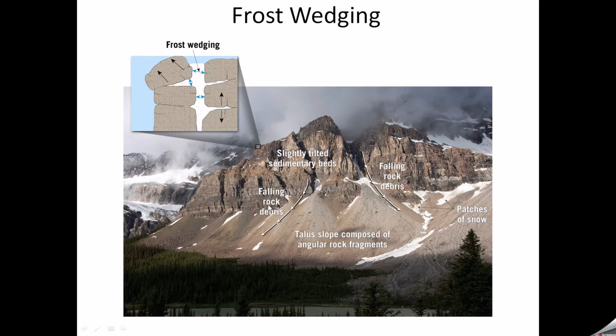So here in the mountains, we have cracks, and in this crack, the water percolated inside and then it got frozen. When the water got frozen, its size will expand and increase, and that will cause pressure along these fractures and break the rock into smaller pieces. And these smaller pieces will fall down as debris and form a talus slope, which is made up of fragments. So this is the first mechanical weathering or physical weathering process.